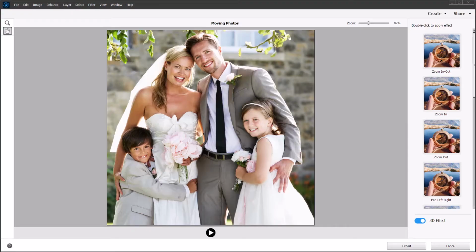So let's see how this works. Moving photos has actually been around for a little while now, but it's tucked away under the Enhance menu. So open your photo in the editor and go to the Enhance menu and choose Moving Photos, and you'll see